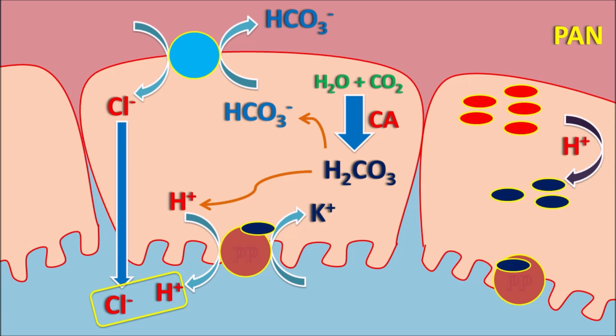In this way, whatever may be the stimuli, the pantoprazole can block the final step in the HCl secretion, that is the activity of the proton pump. And when this pump is going to be blocked, the HCl is not secreted, so that whatever may be the stimuli, they cannot secrete the gastric acid. Now let us see the side effects of pantoprazole.